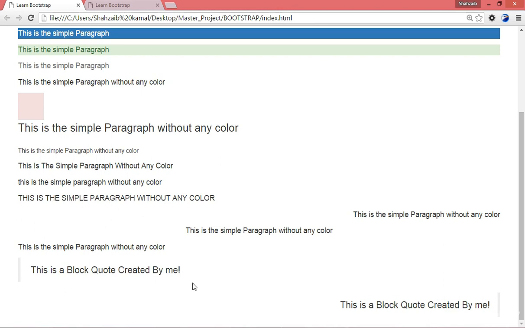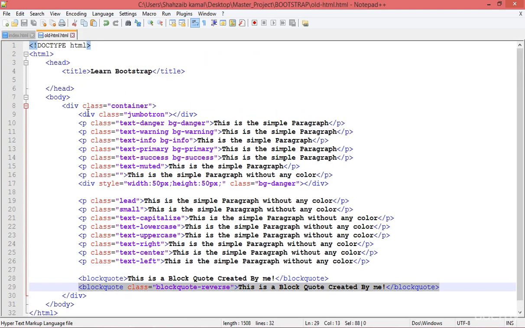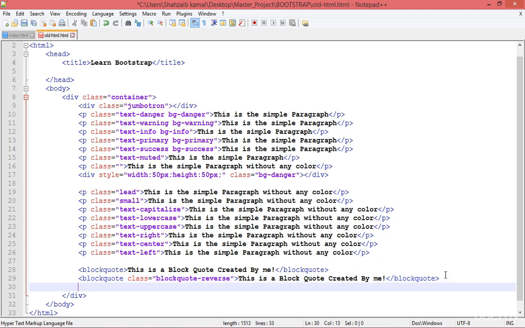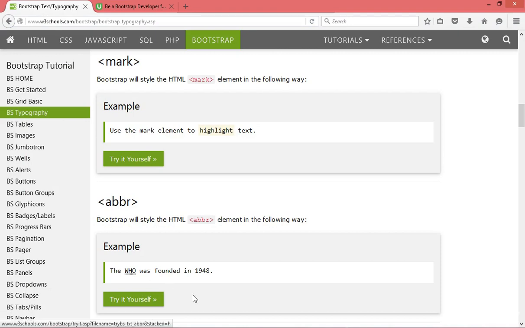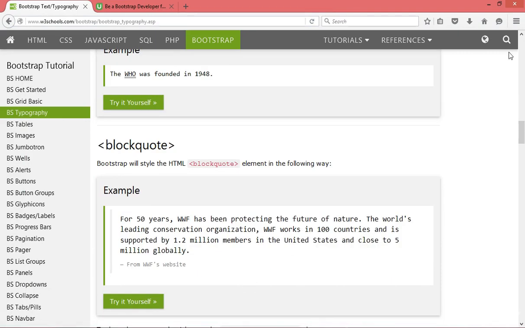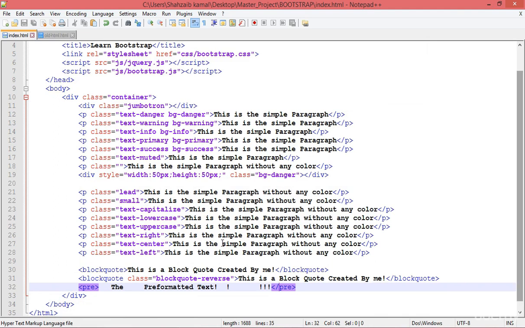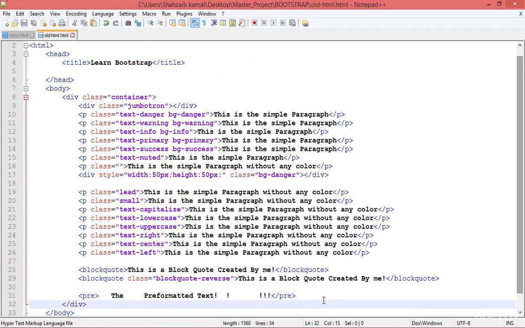Okay, going awesome. In the same way, if I apply the pre-formatted tag, do you remember the pre-formatted tag which is able to show us the white spaces? This is a pre-formatted tag. If I put any tag like this, and something more. For example, if I go to the old.html or the index.html here and just call the